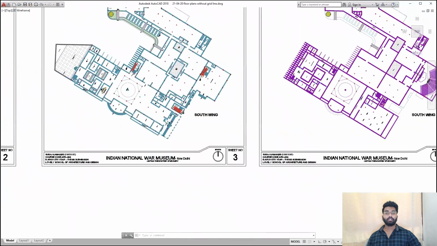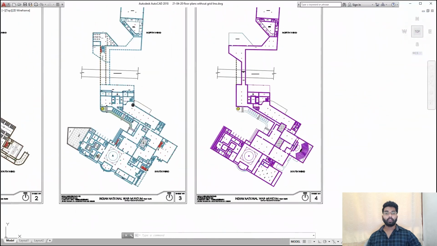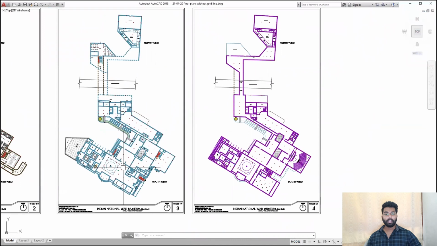Mainly I have got the ground floor and the first floor. In the ground floor, this square part is for the administration purpose. This part is for the main entrance and exit. This part is for the galleries, and this part is for the Hall of Fame. I'll